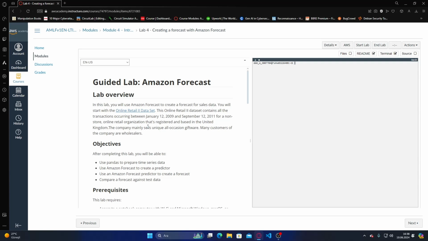In the guided lab, Amazon Forecast lab overview, you will use Amazon Forecast to create a forecast for sales data. You will start with the Online Retail 2 dataset. This dataset contains all the transactions occurring between January 12, 2009 and September 12, 2011 for a non-store online retail organization that's registered and based in the United Kingdom. The company mainly sells unique all-occasion giftware. Many customers of the company are